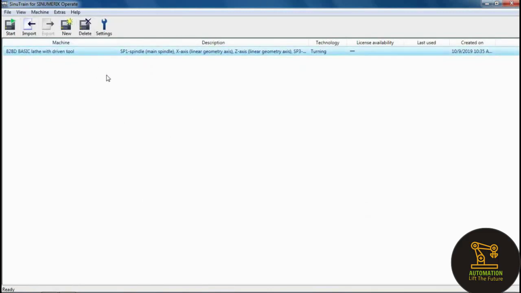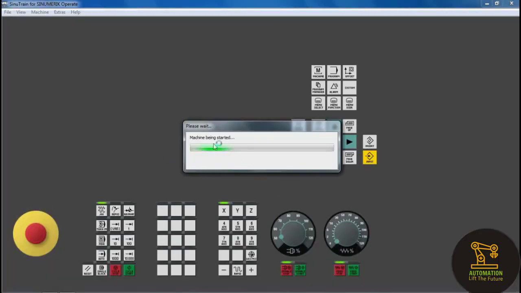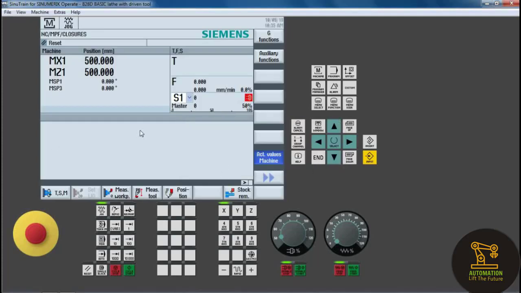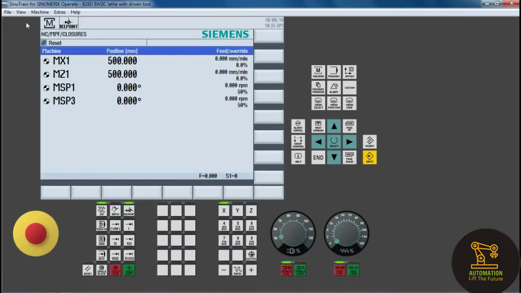You can start the mission with the start button. Click start and the mission starts. This is the mission and this is the human interface. Before doing the operation we must check the reference points and the reference symbols.